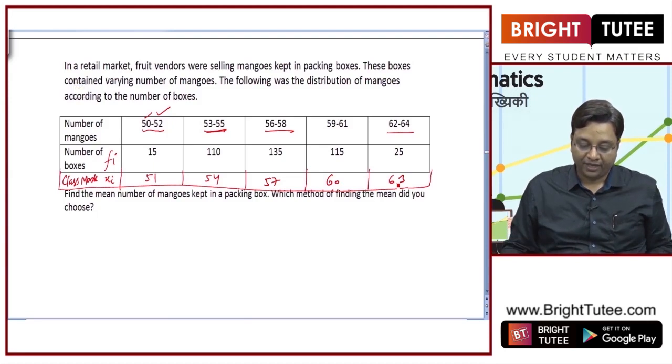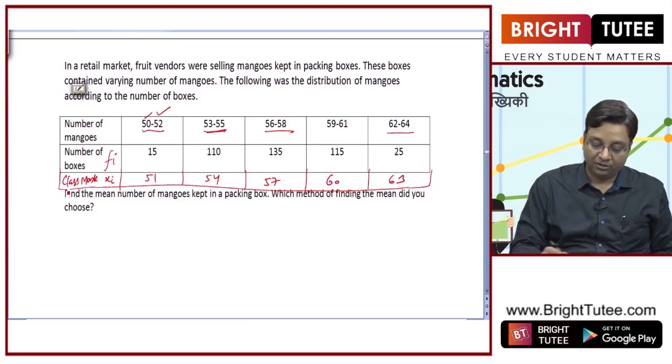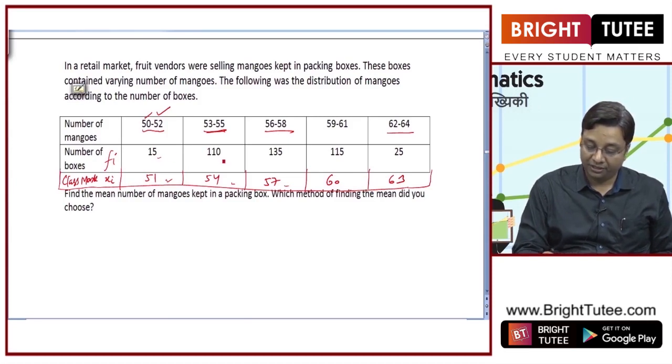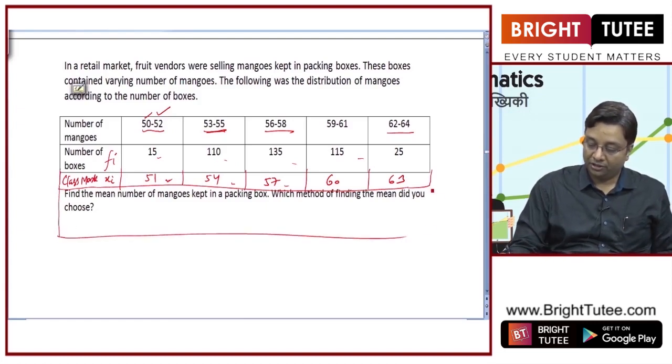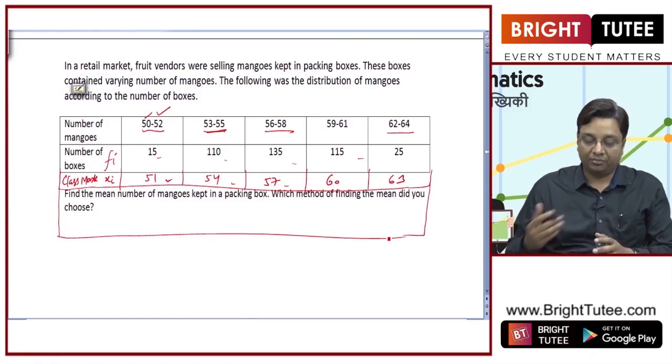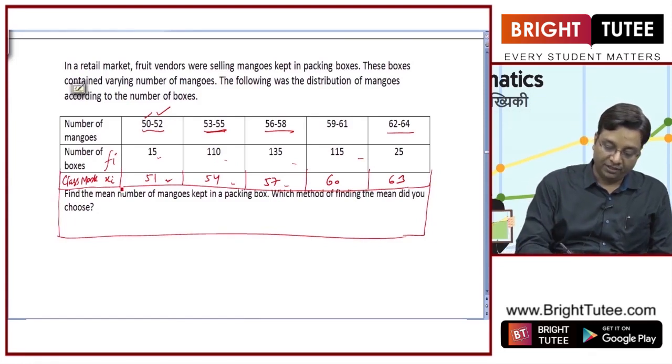So, this is the class mark. Now, I know these numbers are big, and these have to be multiplied with even bigger numbers. So, let me shorten these numbers by using assumed mean method or step deviation method. So, let us first of all try to subtract a certain number from these and see whether we can simplify